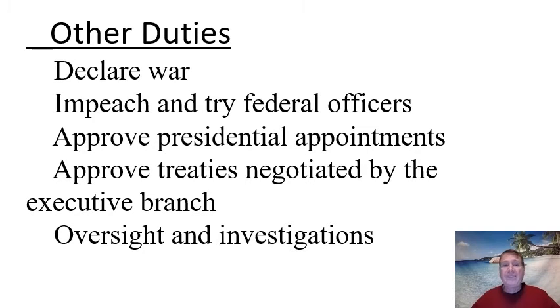Congress approves treaties, and Congress also has oversight over many things because, after all, they supply the money to the executive branch to carry out the laws, and they want to make sure that money is well spent. So there's many groups in Congress that basically keep track of how that money is being spent, and if there's a question about whether the money is being spent well, they'll call people in from the executive branch to answer questions and see if the money is being spent well and if the law is being enforced.